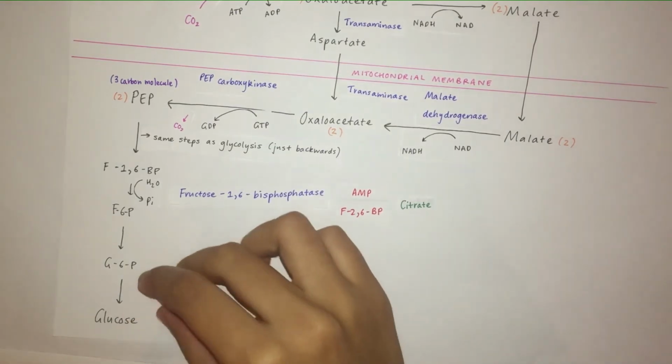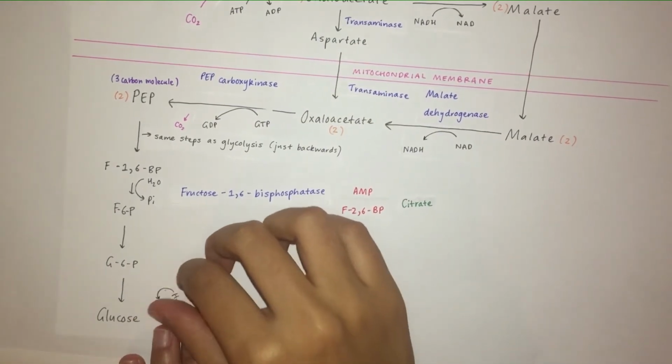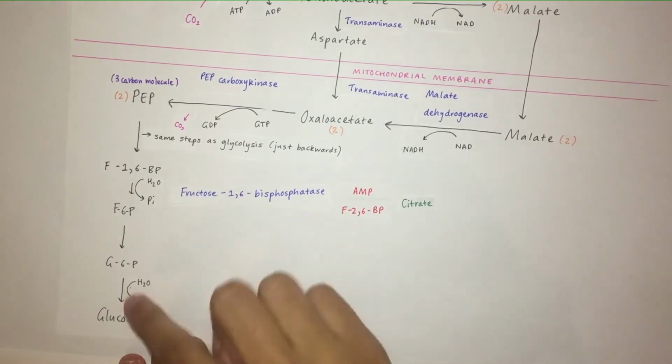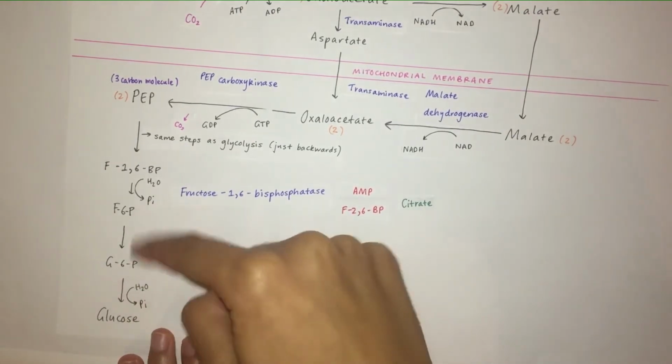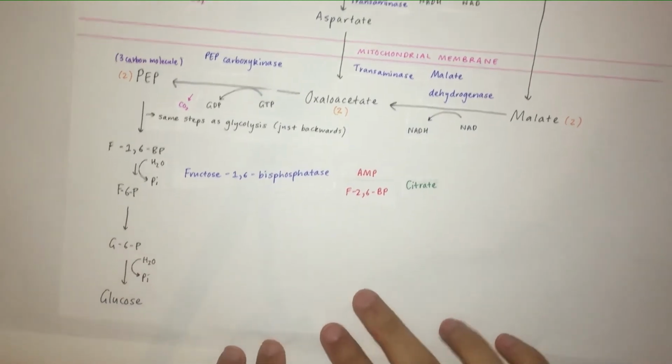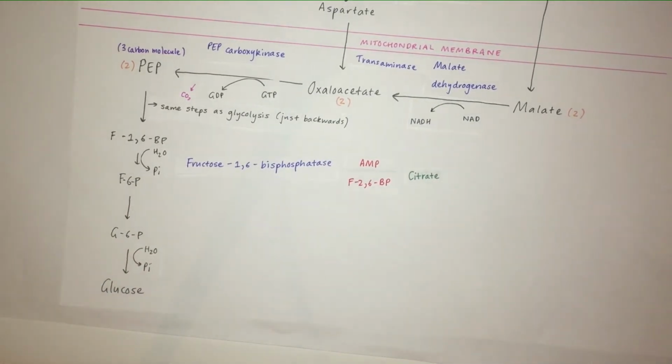And then we have glucose 6-phosphate to glucose, and this is where the different enzyme comes in. So this is the same, just backwards, but here we have a different enzyme that comes in. So again, the H2O is converted to a phosphate. However,